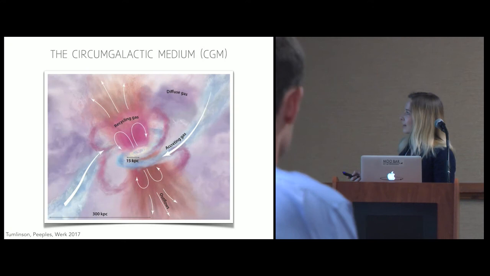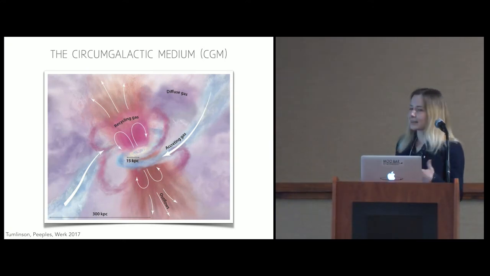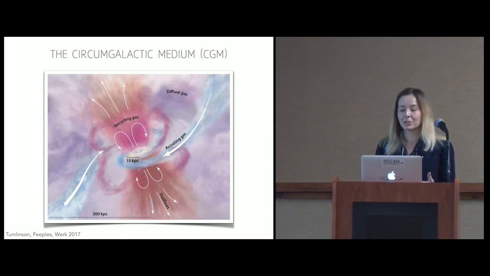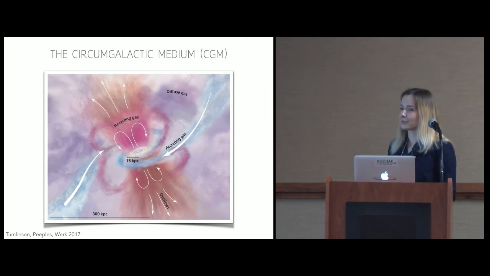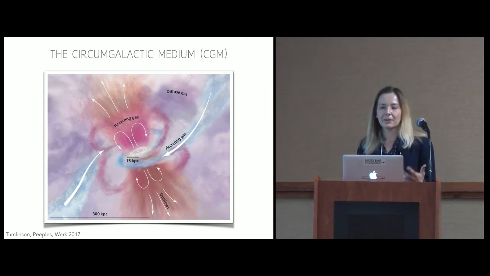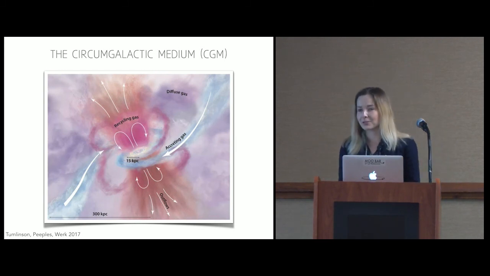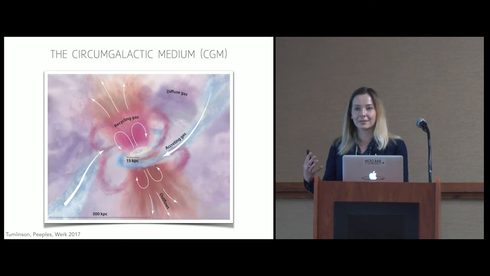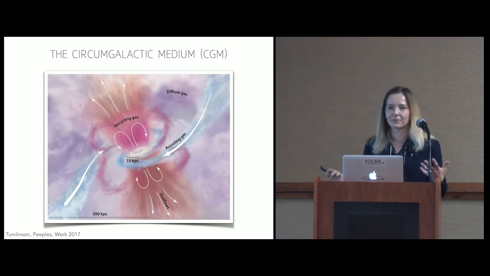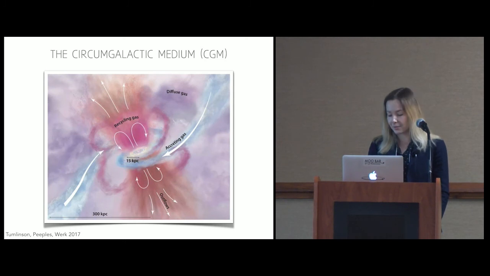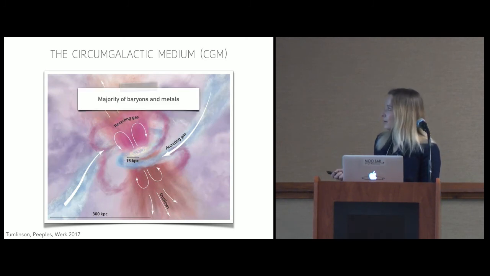And you'll notice that it has a really rich structure, which is something that observations have only recently discovered, in the last 5 or so years, because this gas is so diffuse that it's nearly impossible to observe directly in emission, and so we've had to go to space in order to study the CGM of different galaxies in absorption. And some of the key highlights that we now know about the CGM is that, one,